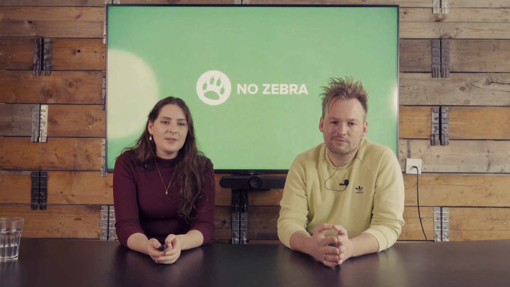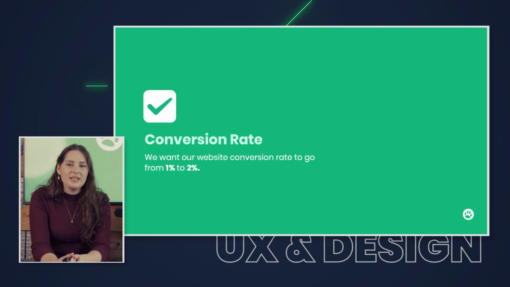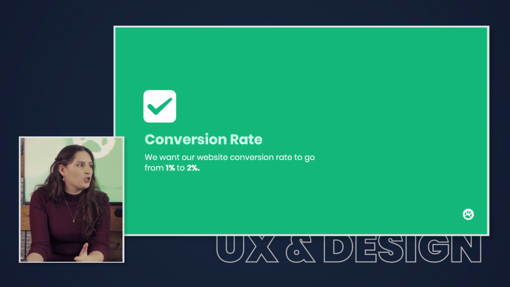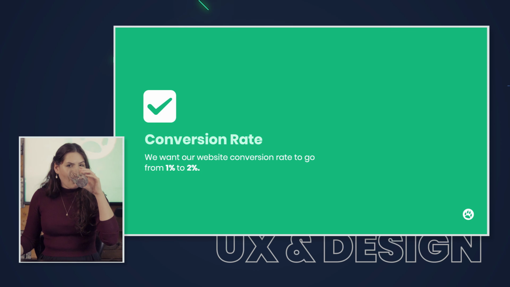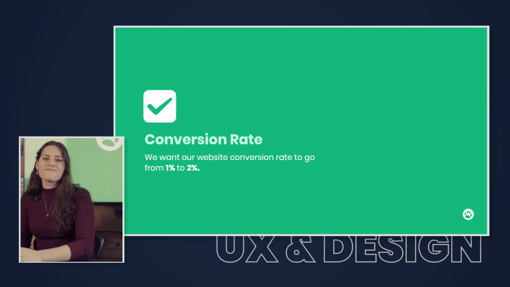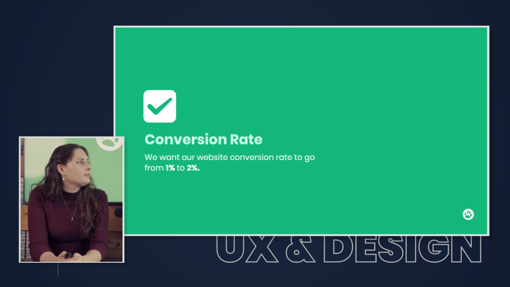But then we also talked about the conversion rate, and the conversion rate goal, or the KPI, that they want to go from 1% all the way to 2%. That's a brave jump, I think. Yeah, but I would also imagine that the conversion rate would differ between industries. I mean, conversion rate for a fashion product, which is a don't-need product, versus a grocery product where you need food, you need stuff for your household and stuff like that. Doesn't it matter what industry we're talking about in this case?